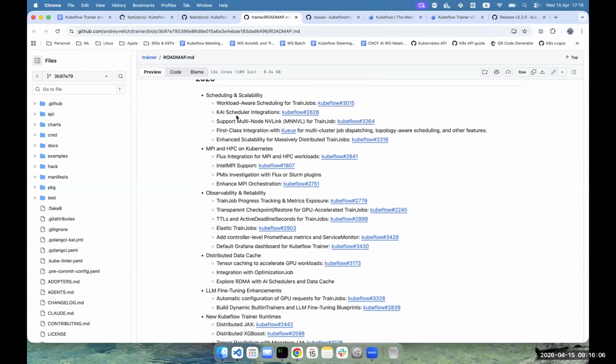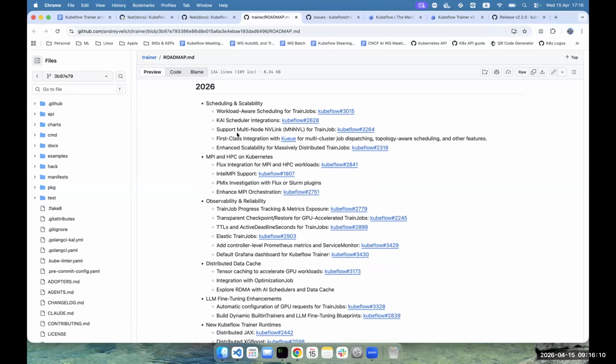As far as I can remember, we discussed NVL, GB200 or 300 support discussions. That's in this roadmap here, right? Yep, that's right. If I remember correctly, the NVL domain should be handled by the other driver side, right?